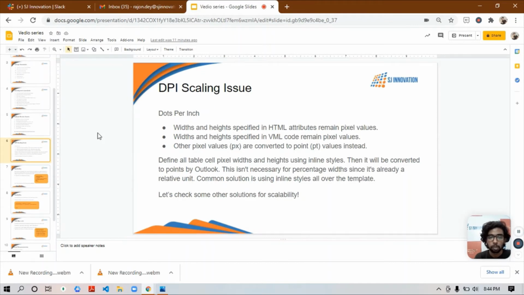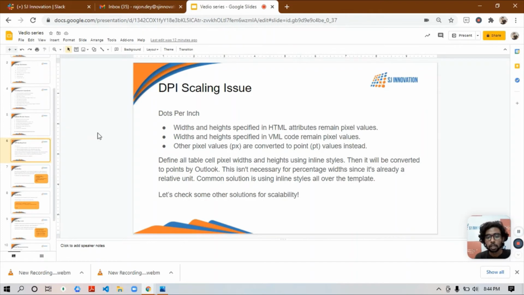And the other pixel values are converted to point (PT) values instead. So what actually happens is the size of your text or your image can change in Outlook, because this kind of scaling issue is there. So you need to solve this by writing different code.